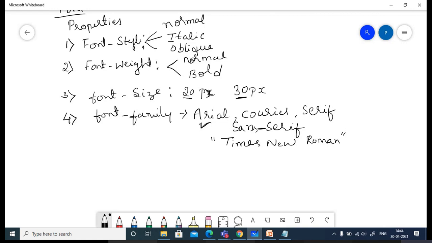Okay, but always it starts from the first one. It will check if it is supported by the browser, then okay, it will take it. Okay, remaining all it will discard. In case it is not supported, it will go to the second one. If this is also not supported, go to the third one and apply it to the font family. Okay, this style is applied to the font.